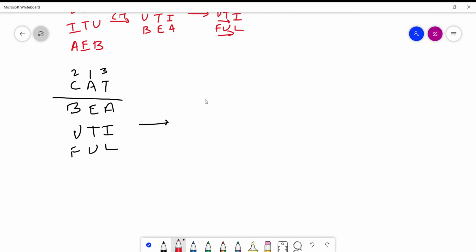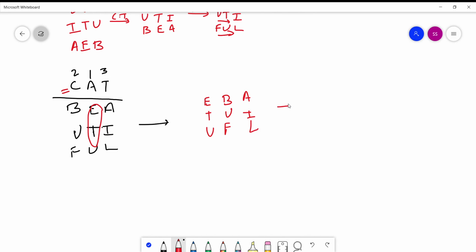So this plain text will be converted to ciphertext, which is, so this column, ETU, will come at first. Then the second one is this column, second preference: BUF will come. And the third one will remain at third because that is the third preferred column: AIL.